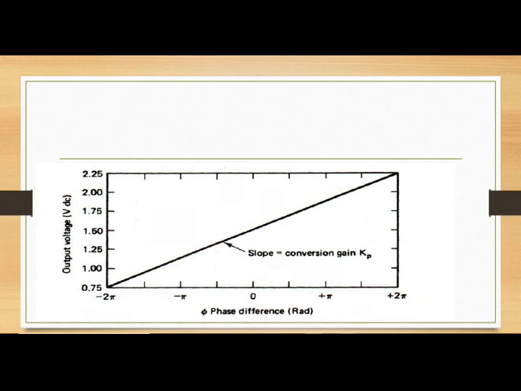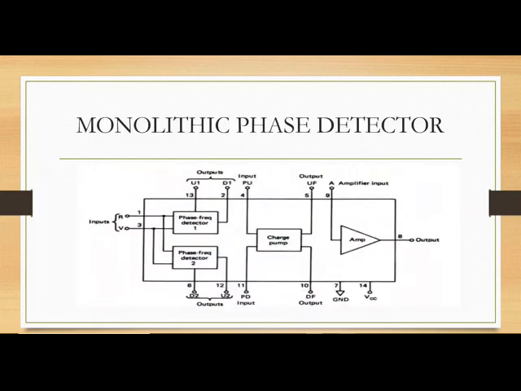So this monolithic phase detector which we have seen now has two phase detectors. Phase detector 1 is used in applications that require zero frequency and phase difference at lock. And phase detector 2 is used if the quadrature lock is required. So when detector 1 is used in the main loop, detector 2 can also be used to indicate whether the main loop is in lock or not.